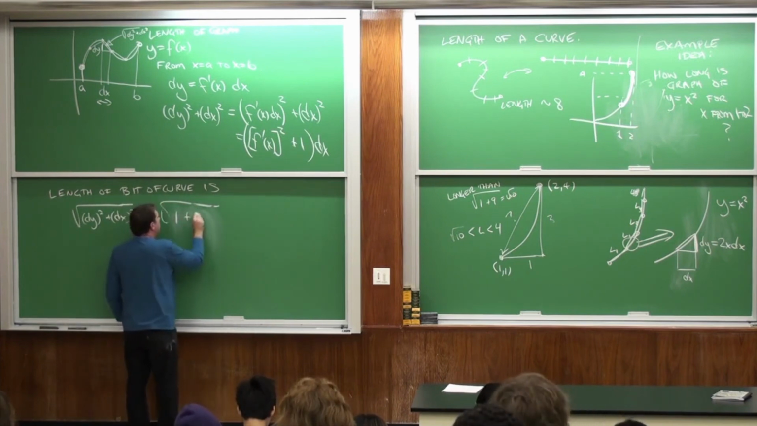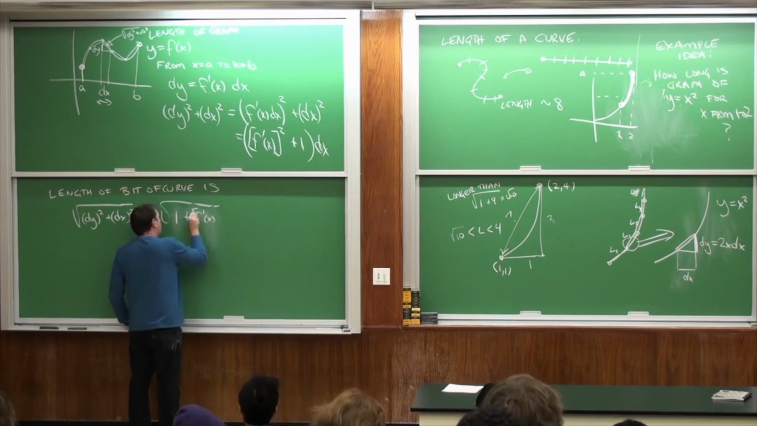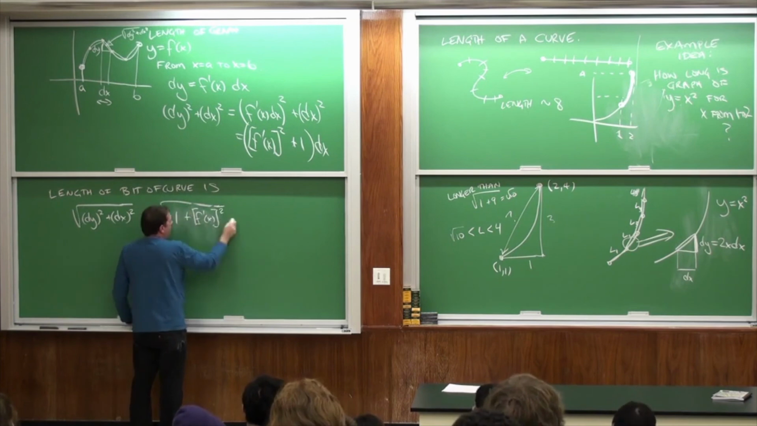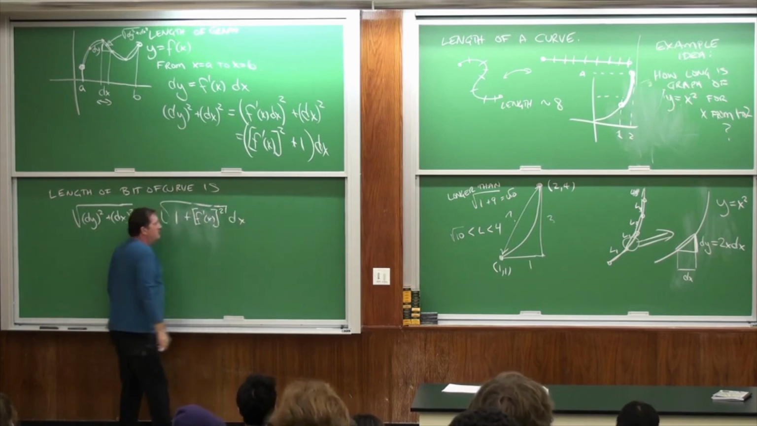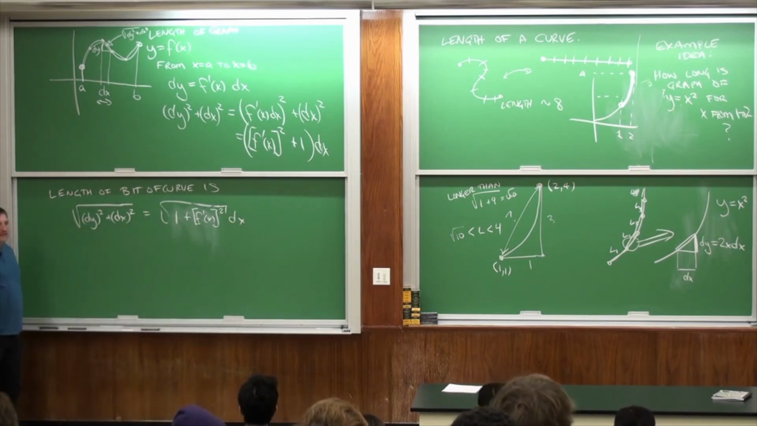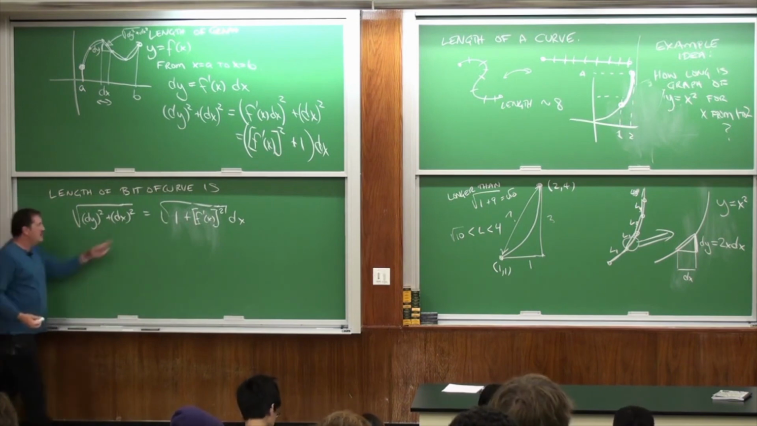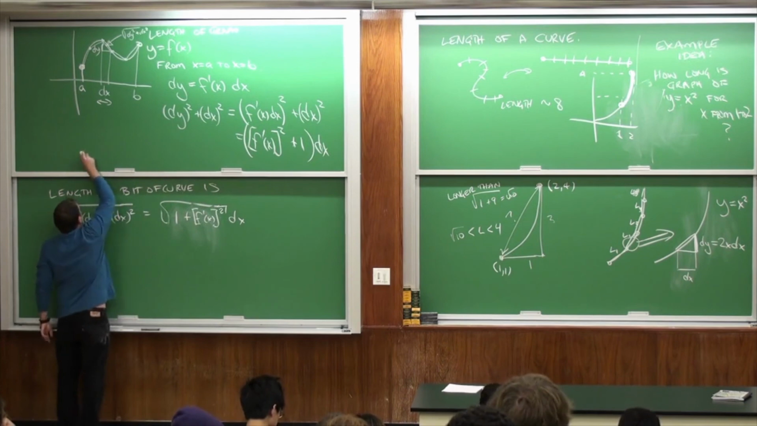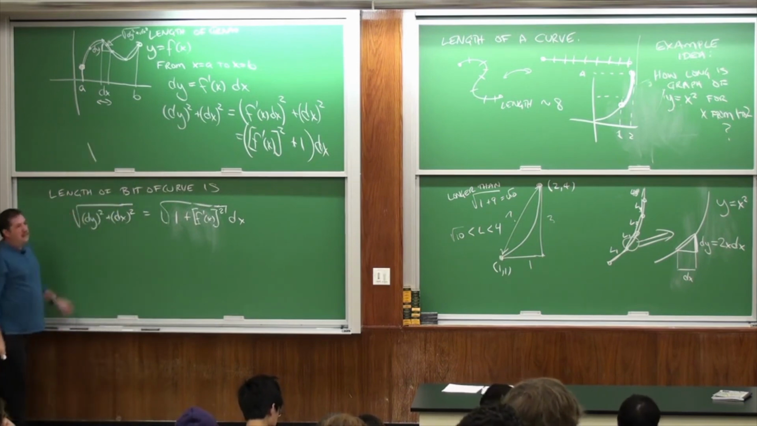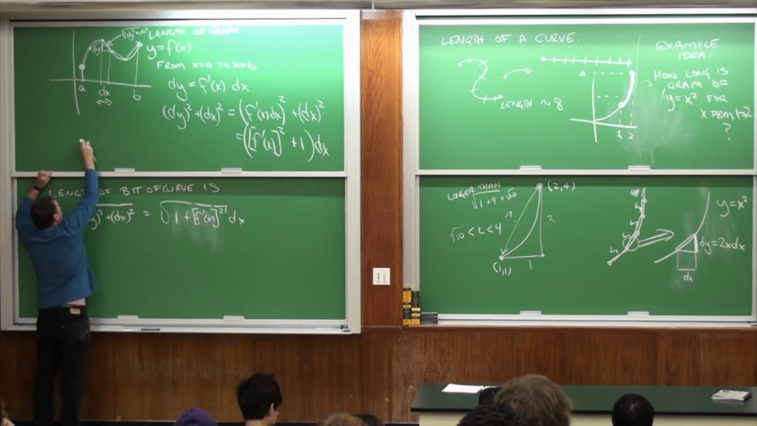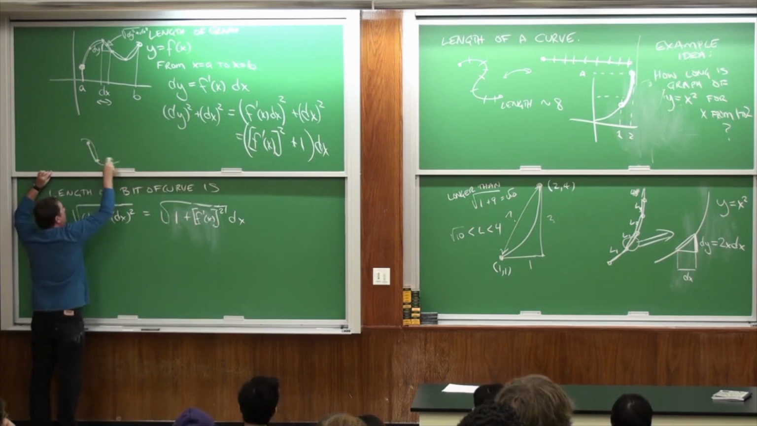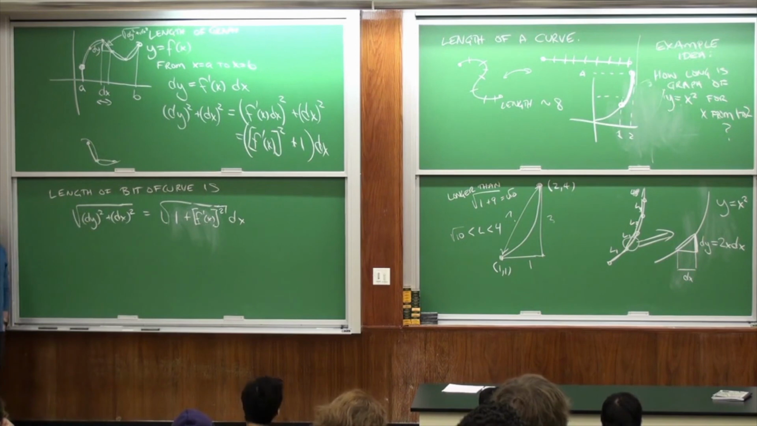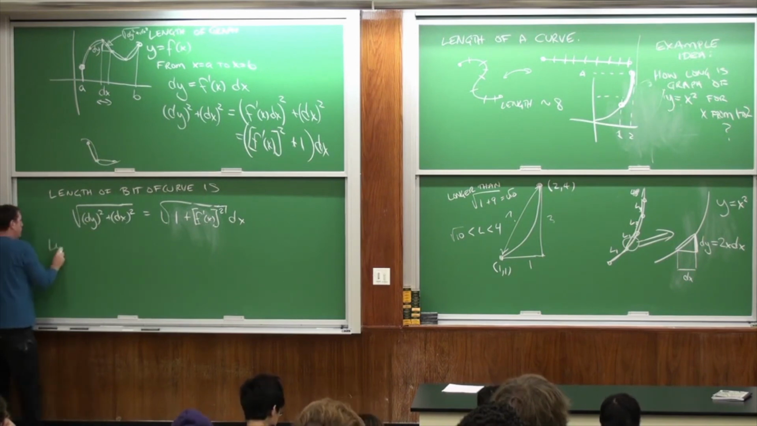1 plus f prime of x quantity squared, dx squared under the radical, is a dx. So that's not in the radical. So that means that this is the little thing that I want to add up. This part. The part that goes from one piece of the curve runs away, and then comes back to the next piece. These little lines are that long. So the length of the curve